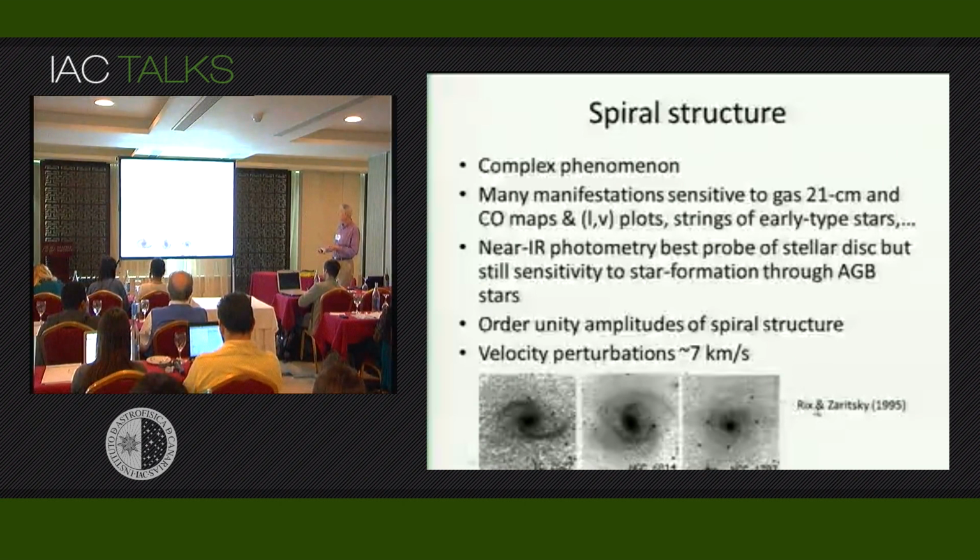But even there, your photometry is influenced by giant branch and asymptotic giant branch stars. But Rix and Zaritsky, here we go, and a few other people, I guess, about 15 years ago, did a bunch of work on near-infrared photometry of spirals, so that they studied spirals at the wavelengths where there's going to be the largest contribution coming from lower mass stars, so telling you what the stars are doing. And here are some pictures from that study.